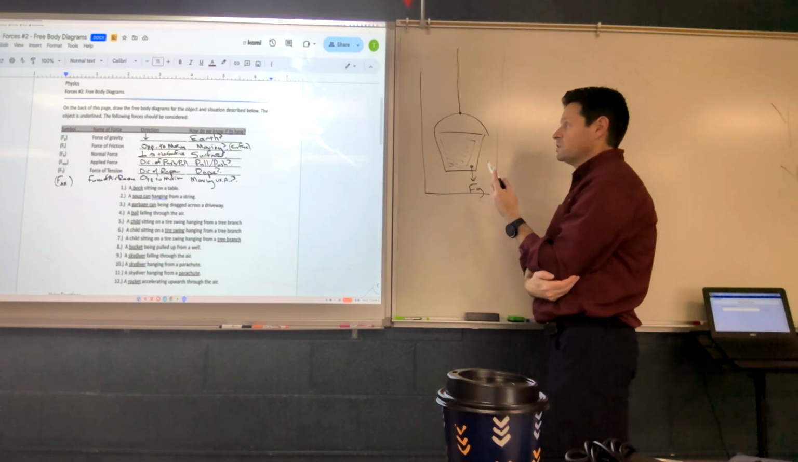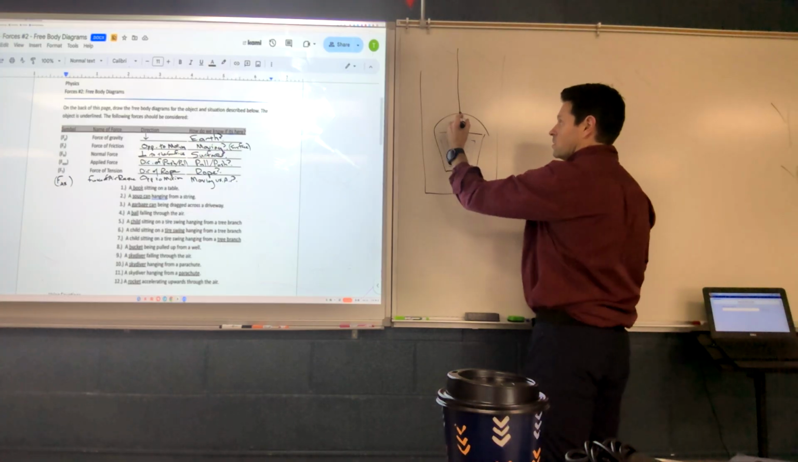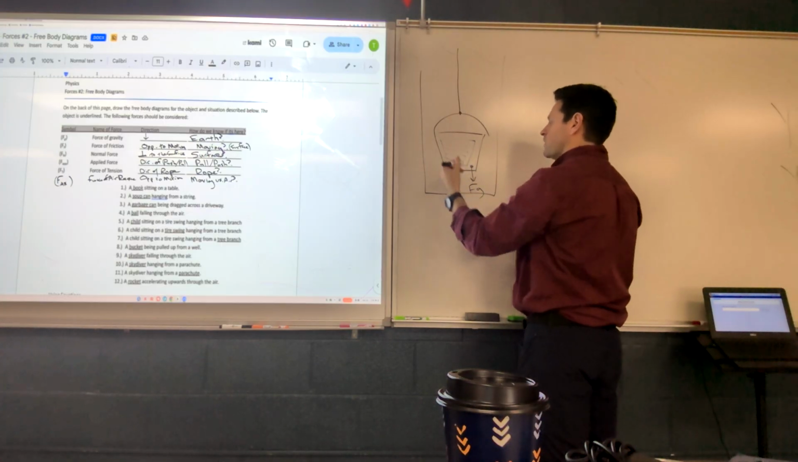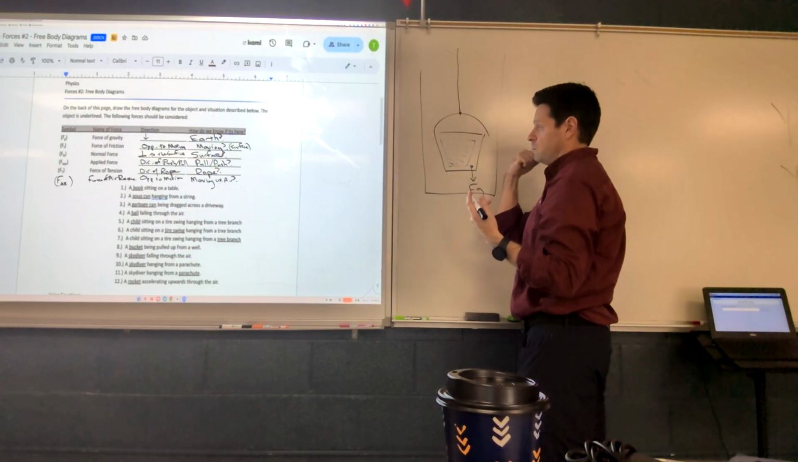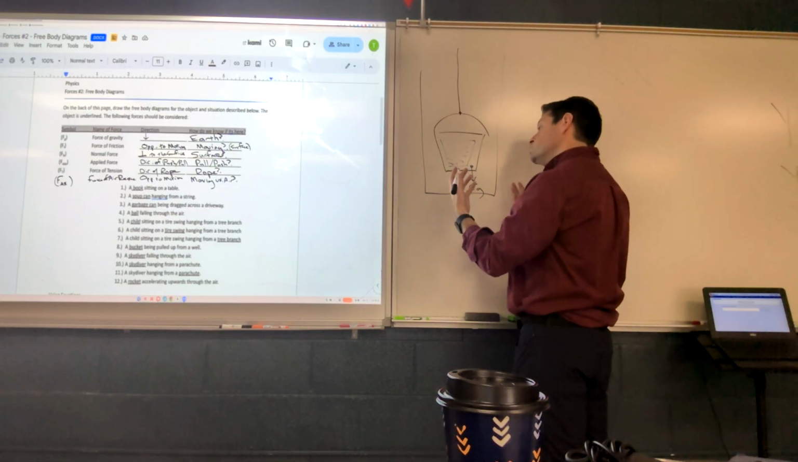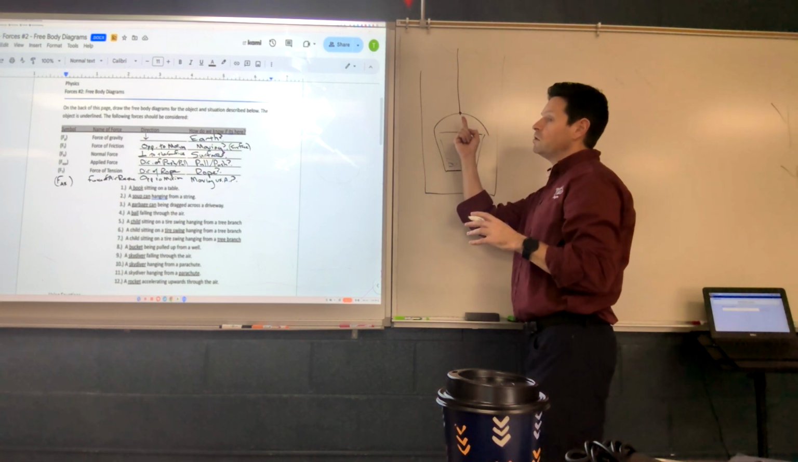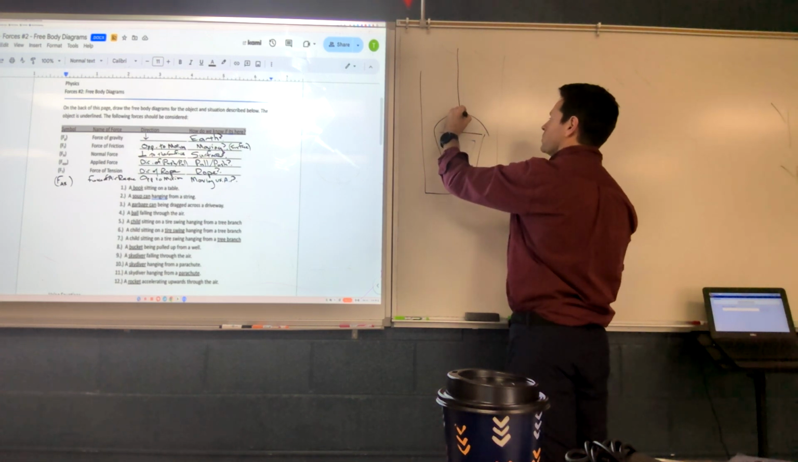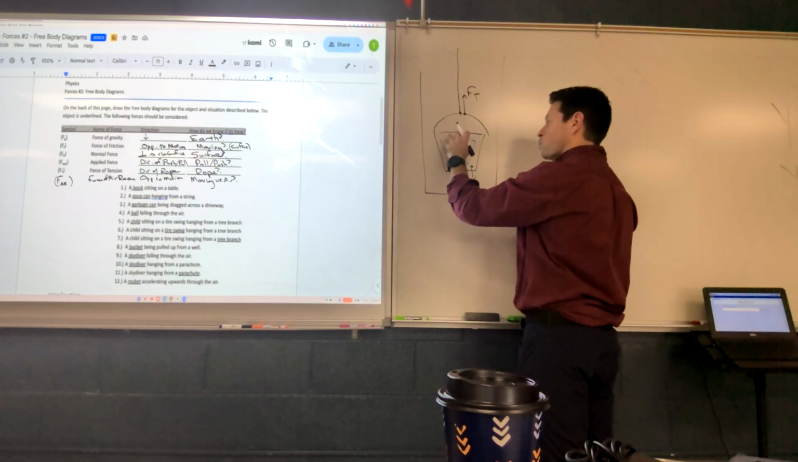Is anything pushing or pulling on this bucket? Yes. What is pushing or pulling on this bucket? The rope is pulling on it, and then there's the water pushing. Okay, so we've got those two things. Tell me how to label. For the pulling, it would be applied force. Or we can say both of these are applied force, but if we're pulling through a rope, then it's force of tension. So I would call this one force of tension, and I would call this force that the water is applying